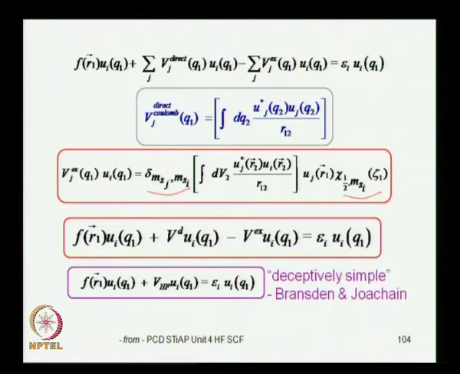But the exchange potential makes the Hartree-Fock equation look very similar to an eigenvalue equation, but as we discussed in unit 4, it is a deceptively simple form, it is not an eigenvalue equation, and the reason it is not an eigenvalue equation is because of the non-local potential. Now what is the consequence of the non-local potential in the present context? The non-local potential